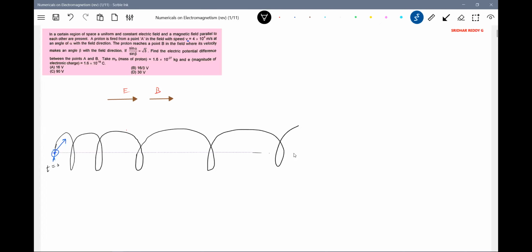So where is that point? Other point B, you can pick up wherever you want. For our simplification purpose, I'll just choose this one. There is no rule that point B has to be at a particular place where the velocity vector makes that angle. There's a point B, got it? If you can draw the diagram, it is a little bit easy. It will help you think, okay, this is that alpha. These things are indicated. So this was projected with V naught speed. Now it is V. So how much angle will it make now? Beta.